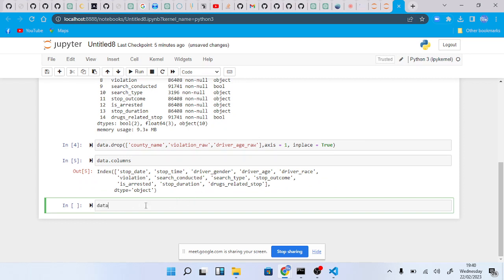So I get data, and then I create the date column. Then I say data date equals data.stop_date, and then I add a space, then I add data.stop_time. So if I run this,